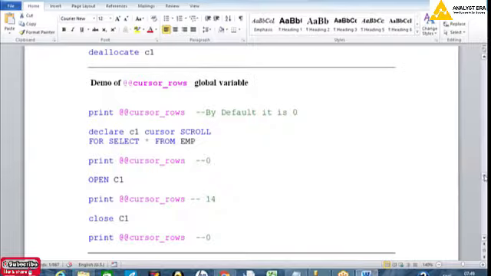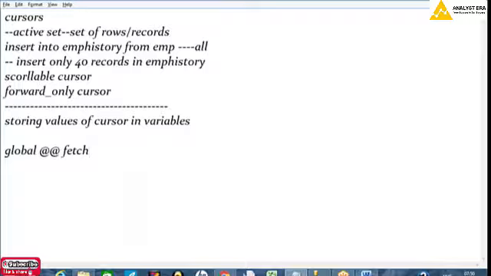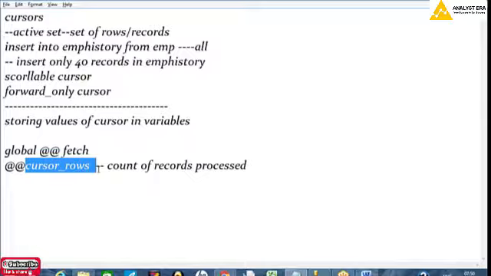Just like fetch status, there is one more variable which is called @@CURSOR_ROWS. Now, what is this? By default, it is going to have 0 value. But whenever we scroll through cursors, it tells you how many rows have been processed. So there is another global variable called @@CURSOR_ROWS. What does it give you? It gives you the count of records processed. It is going to show how many rows have been fetched by the current cursor, right? So as you can see in this demo,